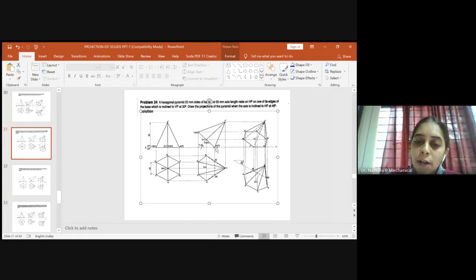Once you join, kindly do the naming as shown in the first stage of our front view. This corner is our C dash and D dash and this corner is our A dash and F dash. At the center axis, we have O1 dash as well as B dash and E dash. Please write this accordingly. Now here we have the apex O dash, which we have written already. So this completes the second stage front view.